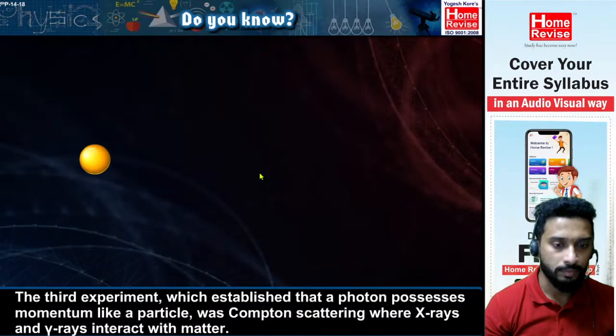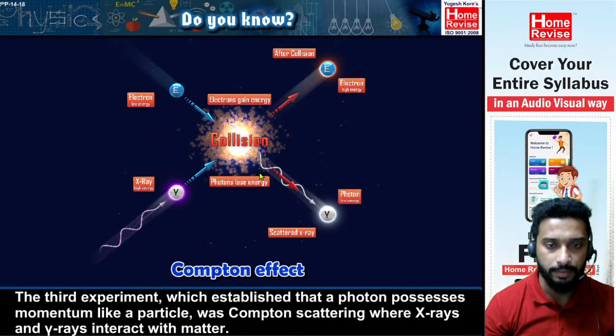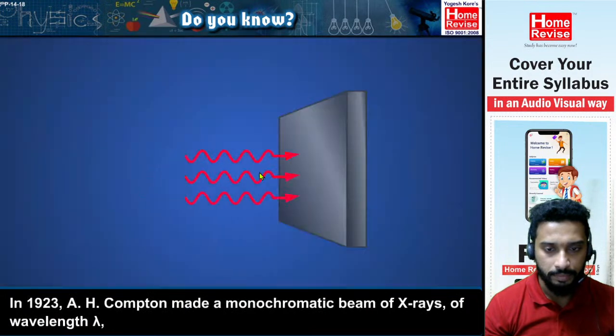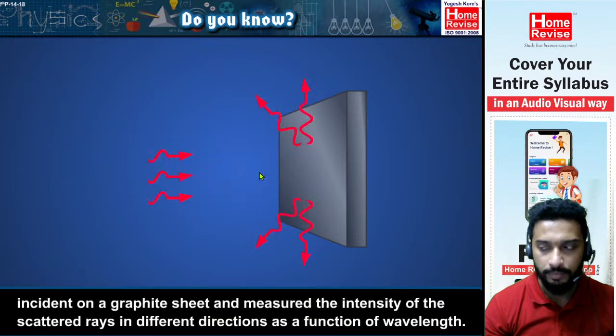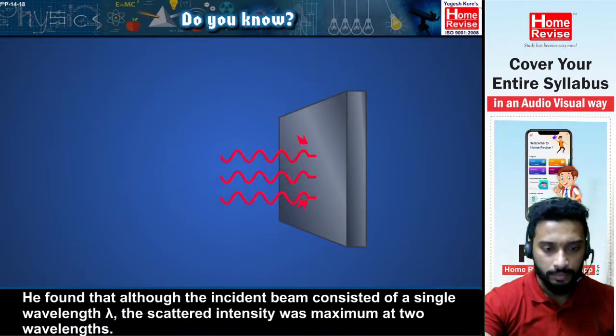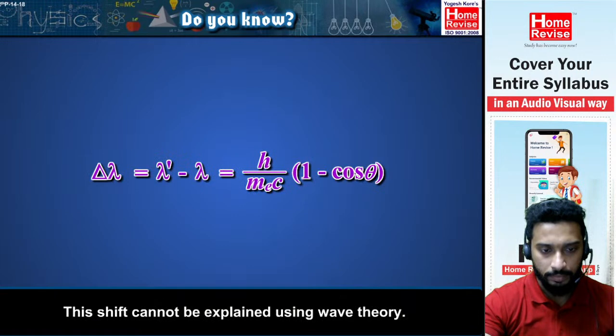The third experiment, which established that a photon possesses momentum like a particle, is Compton's experiment of 1924, scattering, where X rays and gamma rays interact with matter. In 1923, A. H. Compton made a monochromatic beam of X rays of wavelength lambda incident on a graphite sheet and measured the intensity of the scattered rays in different directions as a function of wavelength. He found that although the incident beam consisted of a single wavelength lambda, the scattered intensity was maximum. This shift cannot be explained using wave